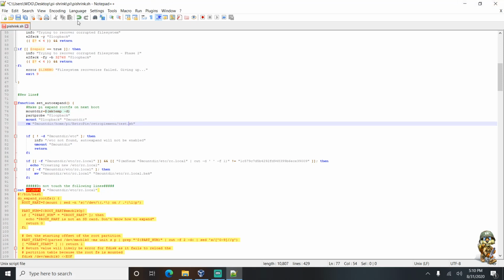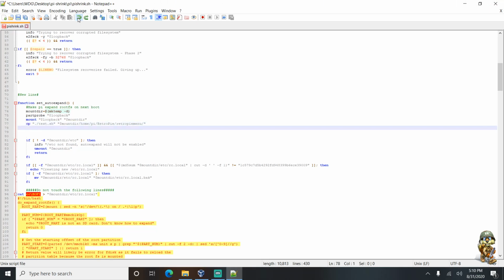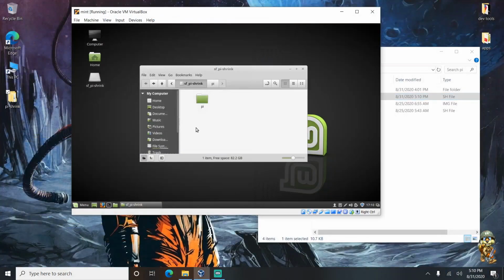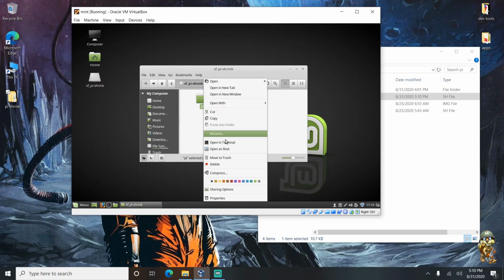Basically that's it. But I'm going to show you guys how to get this to work. So it's going to do all this. I'm going to save that. And then like normal, you're going to right click on the pishrink directory that you made, the folder with everything in it. I have the build, pishrink, and then the test file. So I'm going to open up in terminal,